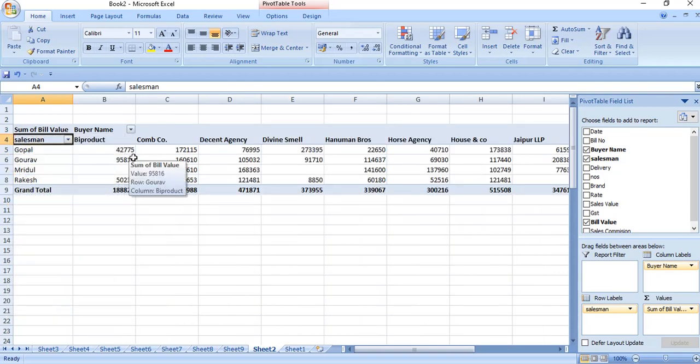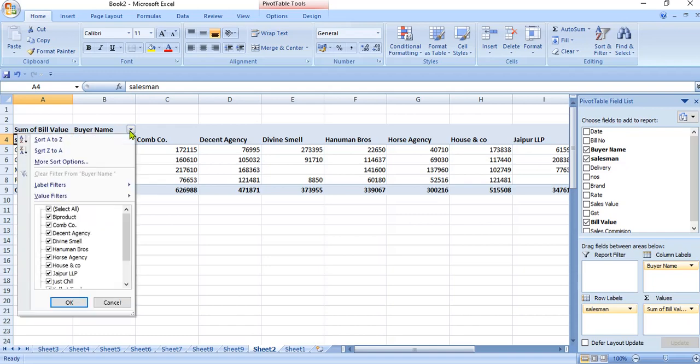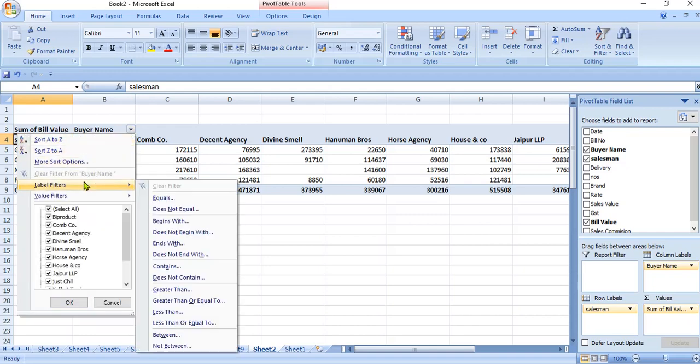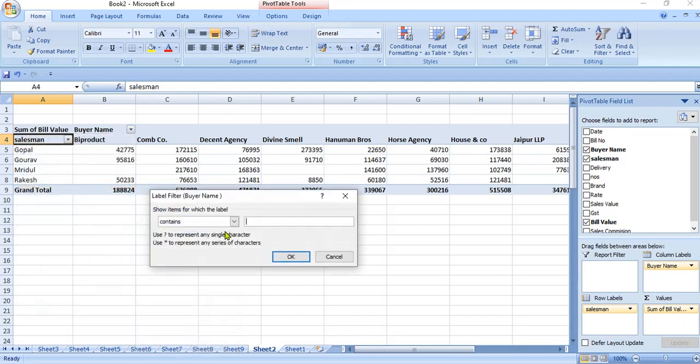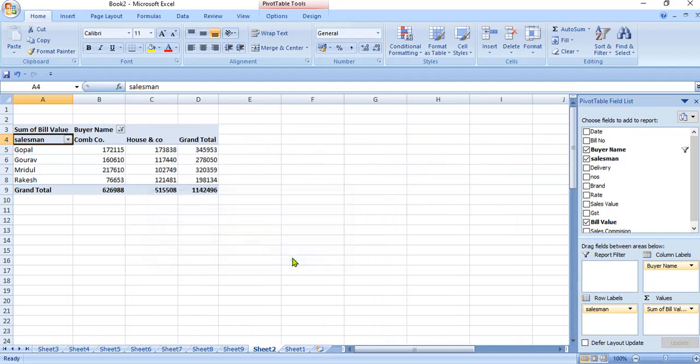Some more filter properties are there. With the help of these, we can filter the summarized data in terms of label filters as well as value filters. Label filter: suppose I have chosen here "contains", and written here co, and pressed OK.